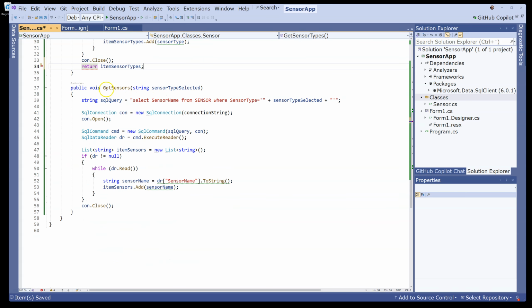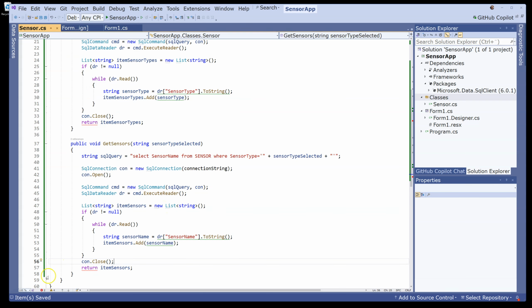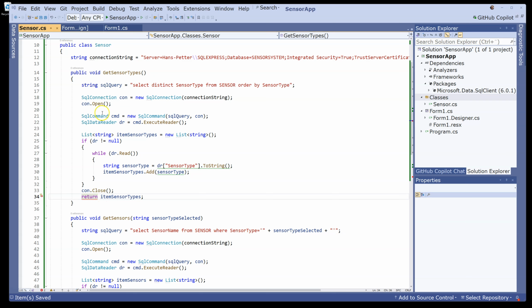And for this other method, get sensors, we need to return the item sensors like this. Now this class and the method should be okay. I guess there is one more thing. The original methods for get sensor types and get sensors return nothing, but now they need to return this